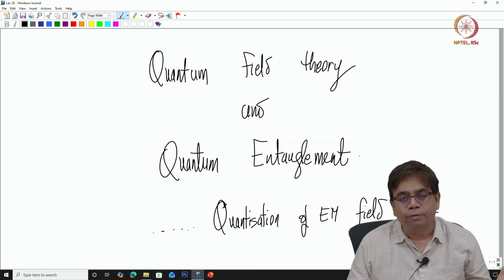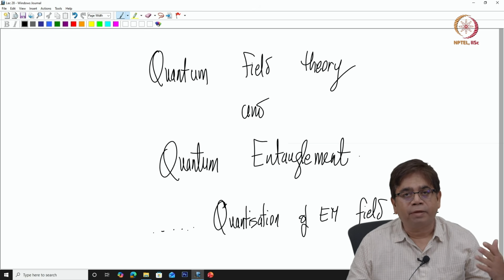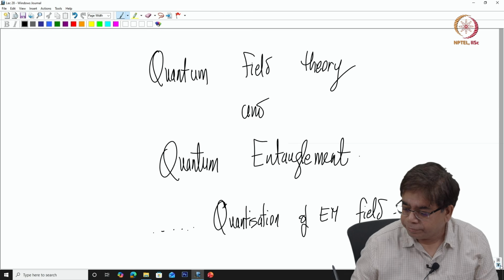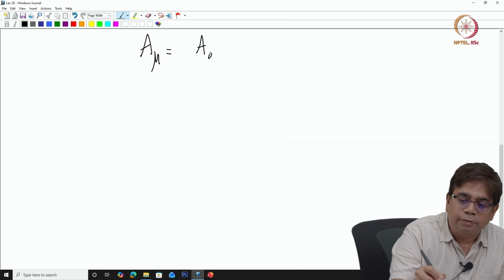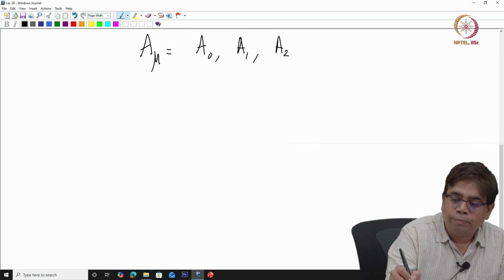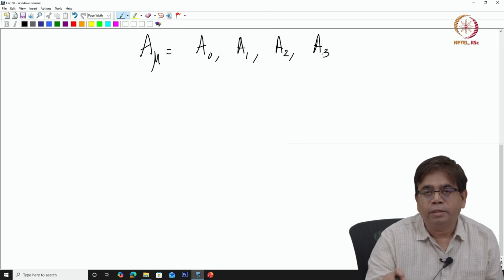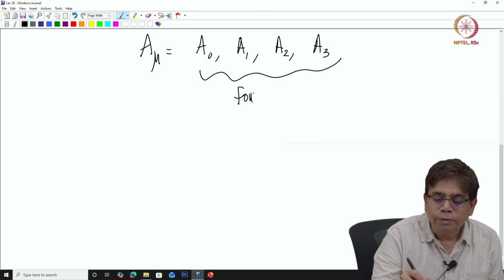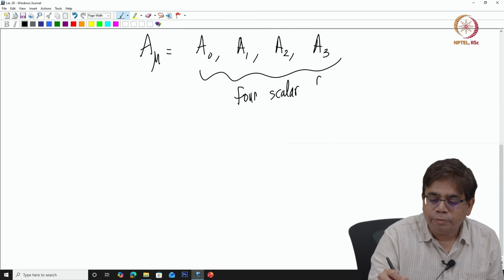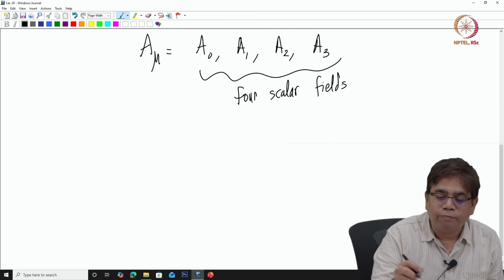So we started with the quantization of the electromagnetic field, and we were looking at the problems associated with it. A couple of problems we saw was that we are starting with 4 fields. So we have A mu, which has A0, A1, A2, A3. So it is like a combination of 4 scalar fields. Okay, so you have 4 fields which have to be